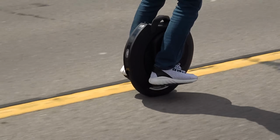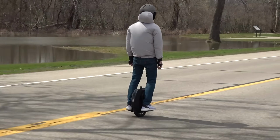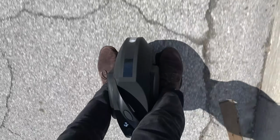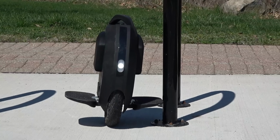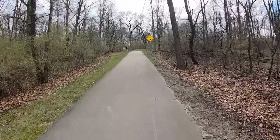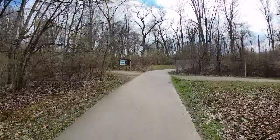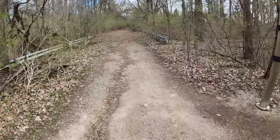What it doesn't quite have is the long range comfort. The V10F, the Gotway MSX, the KS18XL are going to be much better choices for very, very long rides, but for 10-15 miles and under, this is going to be just fine, and it's going to serve you very well as an electric unicycle. Honestly, this Solo Wheel 3 and the 16S are a much more natural comparison,